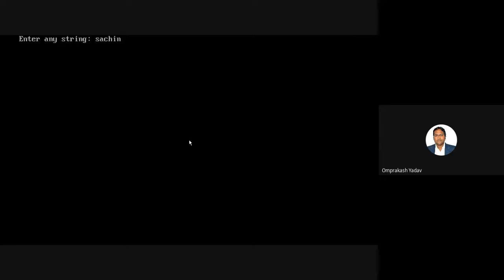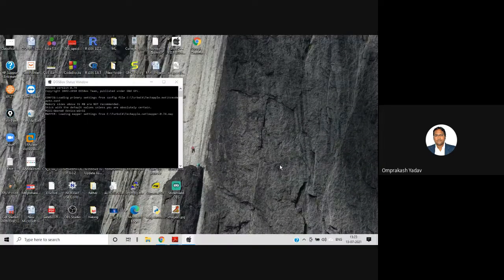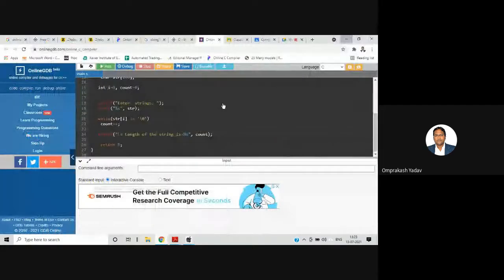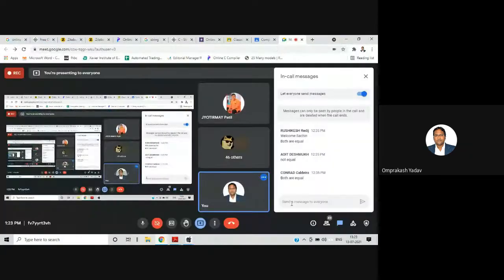Can somebody tell me what is the issue? One more bug is there in this particular program. I understood what the problem was. Can anybody tell me? One very basic problem is there, I was ignoring that.